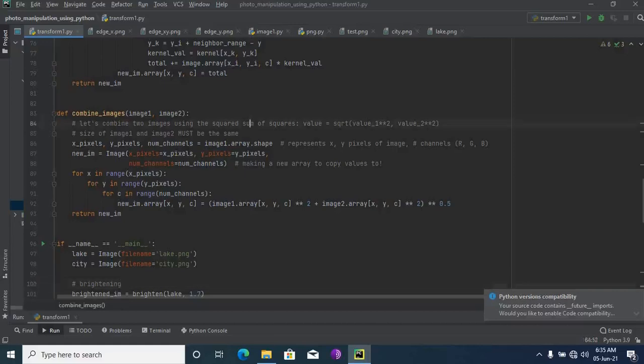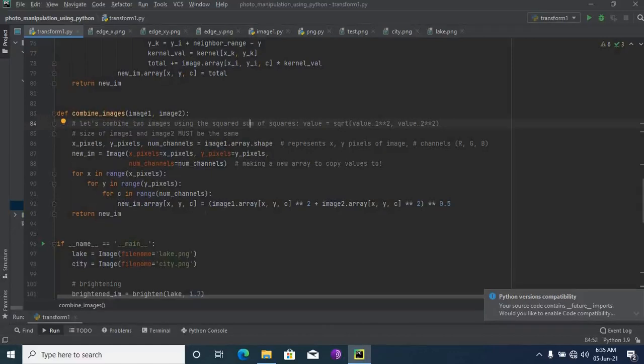Same as before, I'm indexing x pixel, y pixel, num channels from image 1 array shape. Then I'm assigning the mutated image, making a new copy of it. Same as before, I loop for x in range x pixel, y in range y pixel, c in num channels.